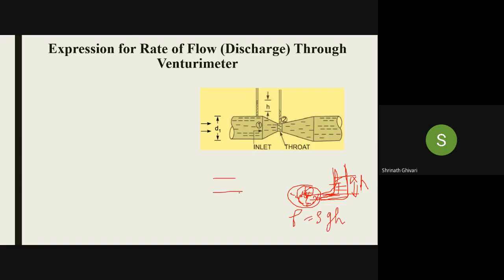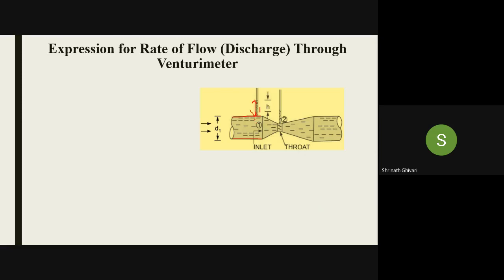As I have told, if we go into the depths of water, the pressure goes on increasing, because the depth also goes on increasing. If the depth increases, the pressure also increases. So the same thing is here. When the fluid is flowing through this pipe or the inlet, it is showing some pressure. We are connecting a manometer to this. Because of the pressure, the water is rising in this tube.